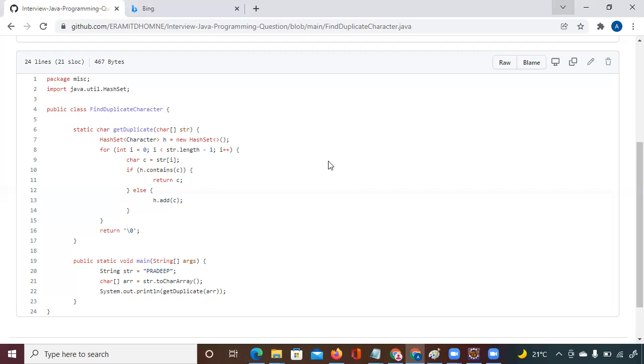It is another collection that I will explain in an upcoming session, the difference between different collections. After that, here we are writing the static char get duplicate function. We can write a function like void char get duplicate as well. We can write a function with normal char get duplicate as well. Why have we written static char get duplicate?